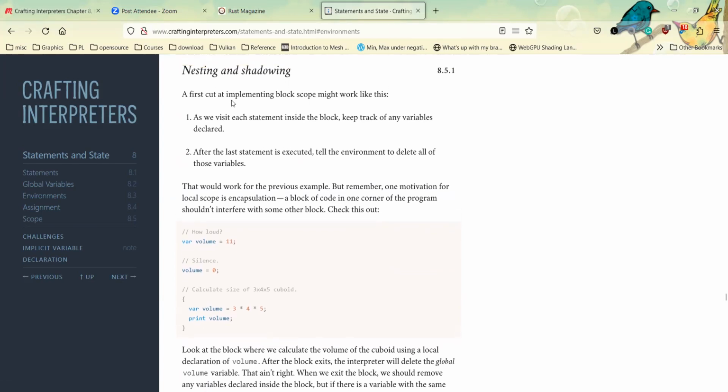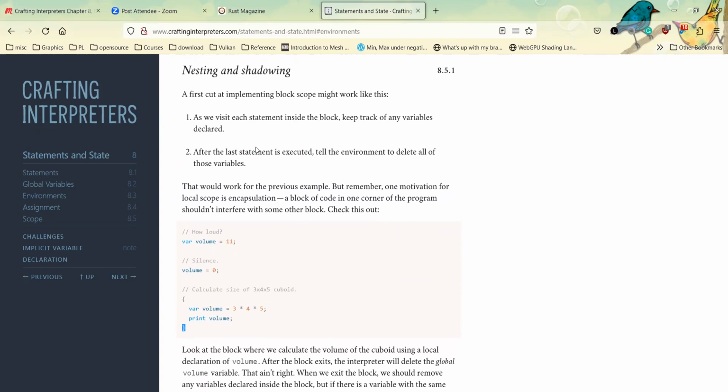And it mentions that we can implement it in a way that, if we go to each statement, we keep track of any variable declared, and when we exit, we tell the environment to delete all those variables.